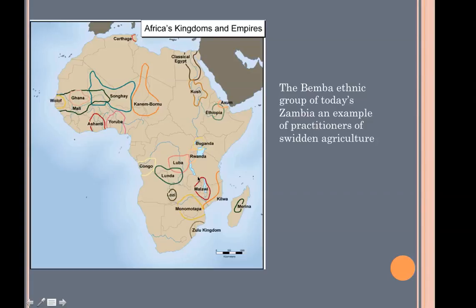Now, not too far away, up in today's Zambia, amongst the Bemba ethnic group, the situation was quite a bit different. This was actually a tsetse-fly zone, so no cattle were possible. They grew the same kind of grains as in Great Zimbabwe, but because they didn't have the ability to enhance the fertility of the soil, they had to engage in swidden agriculture, which is the same as shifting cultivation. They couldn't grow on the same field for more than about 3 harvests. That was it.